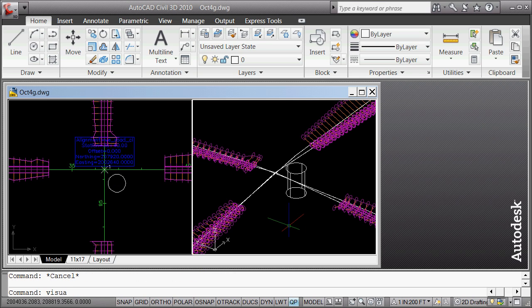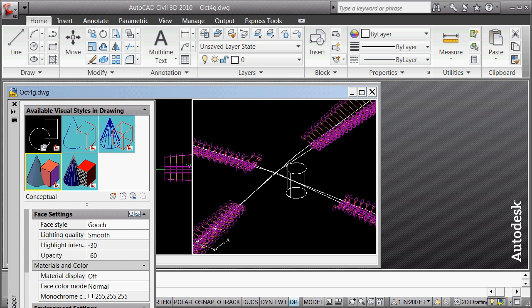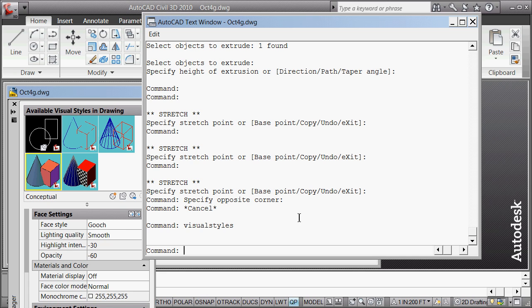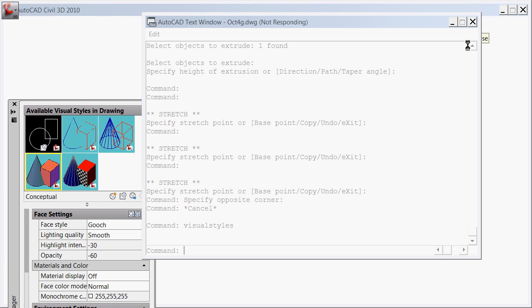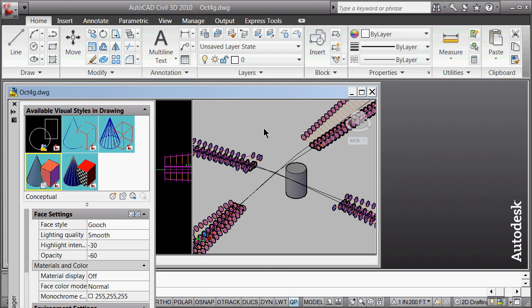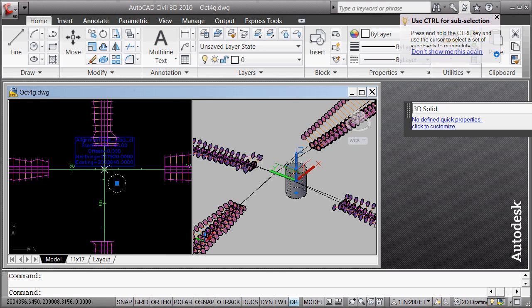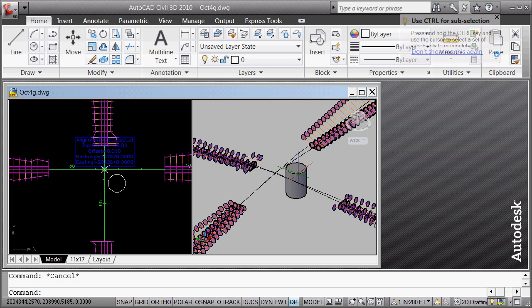So visual styles. We're going to go ahead and probably take down the computer. See what it did for me. Did not like that. F2 turns that off. Oh, there it is. There's my visual styles. Alright, so I'm going to go ahead, close that up. Once again, just show you hitting escape. Now as I click on that,